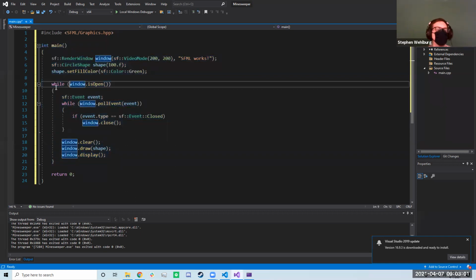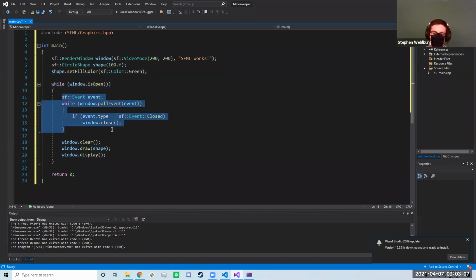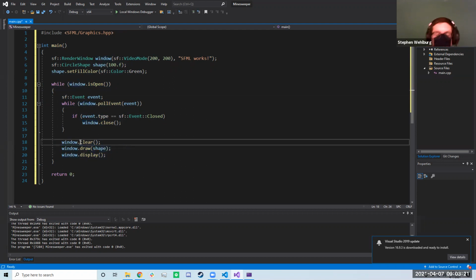Just use this as a baseline, because you're gonna want this while loop with the while window open, and you're gonna want this event loop. So make sure that you keep this from the green circle, don't get rid of it. And also this clear, draw, display component. Definitely better than usual, better than 10 minutes. So this clear, draw, display loop,